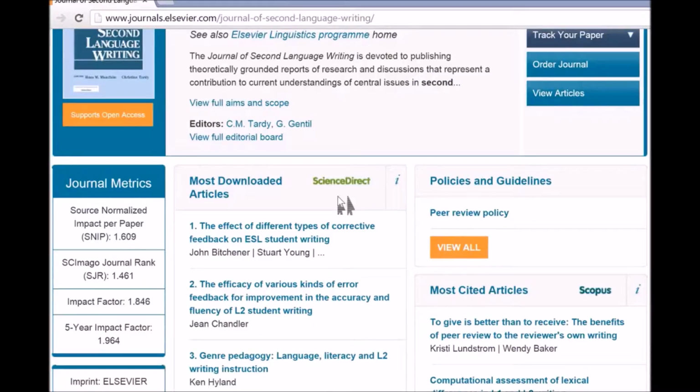So the first article is about giving teacher feedback on papers. The next article is also about feedback on papers. And the third article is about genre. You can kind of get a sense of who's publishing in these journals. At least the first and third articles are fairly well known. And again, you can get a sense of the topics. At least if you're writing a paper on corrective feedback or on genre, this would be a fairly good place to go.